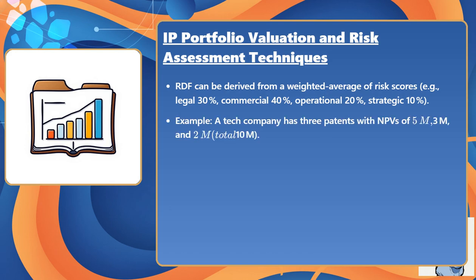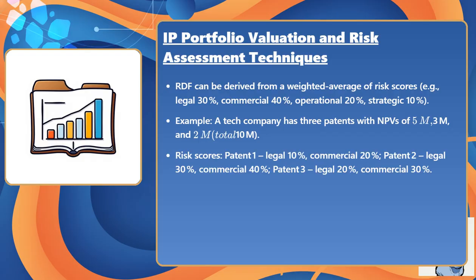Example: a tech company has 3 patents with NPVs of $5 million, $3 million, and $2 million, total $10 million. Risk scores: patent 1, legal 10%, commercial 20%. Patent 2, legal 30%, commercial 40%. Patent 3, legal 20%, commercial 30%. Compute RDF for each: